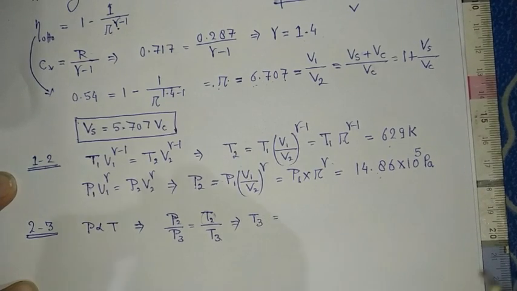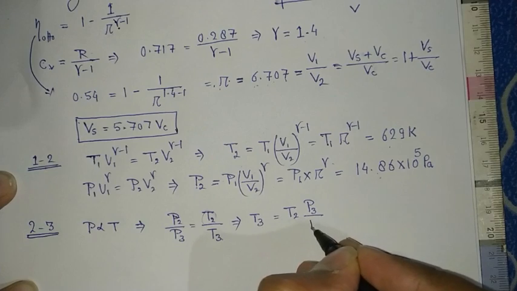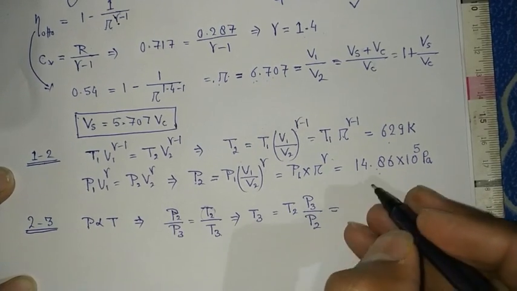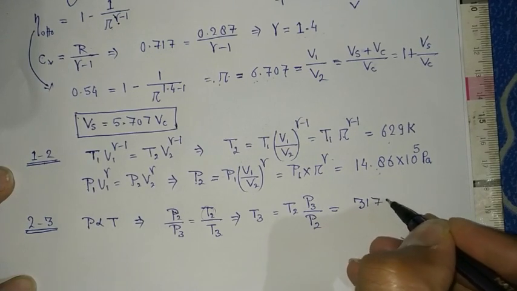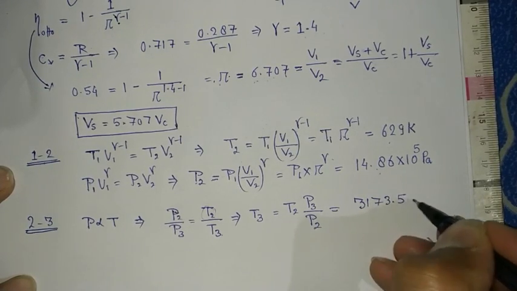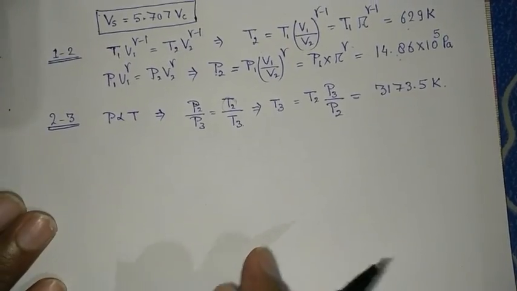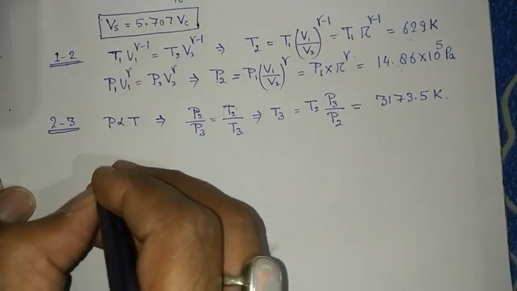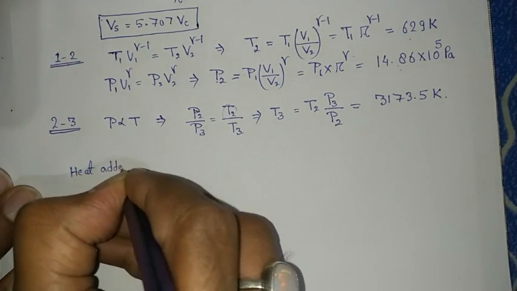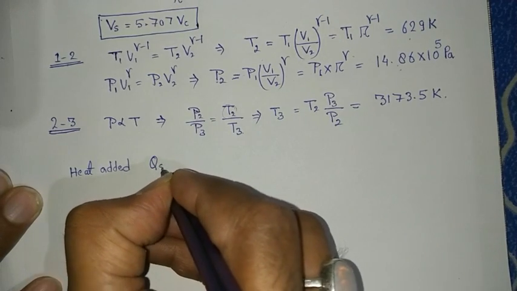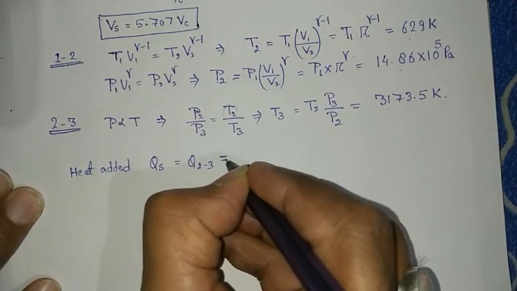T3 is equal to T2 P3 by P2. So the value of T3 will come 3173.5 Kelvin. Okay. So if you want to find out the heat added, so Q supplied or added is equal to Q23, and it will be equal to,